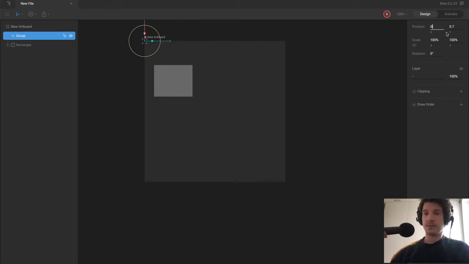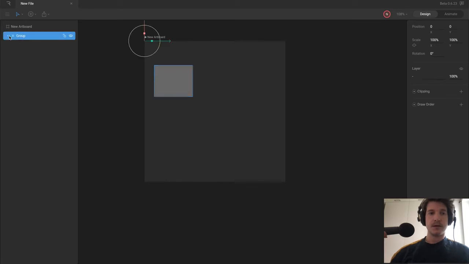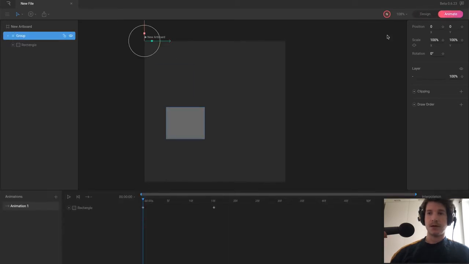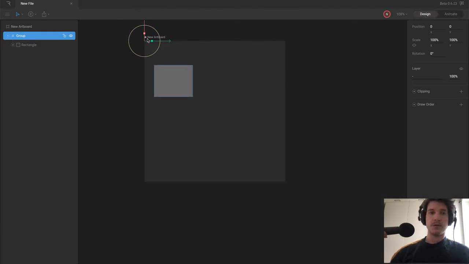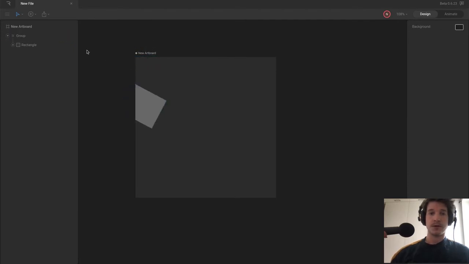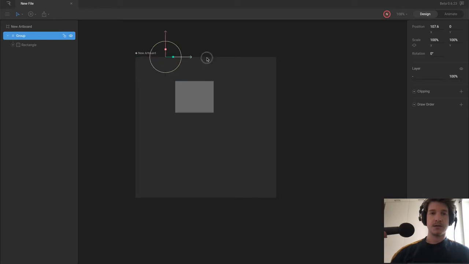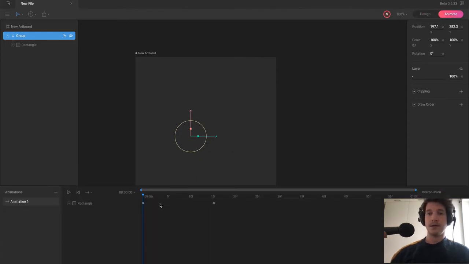So if I just put 0, 0 and then put my rectangle in this group, you see it's still grouped, and it stays the same. And what I can do now is move this whole group or rotate it or whatever. Let's move it out. Maybe I want to start it right there. Now you will see